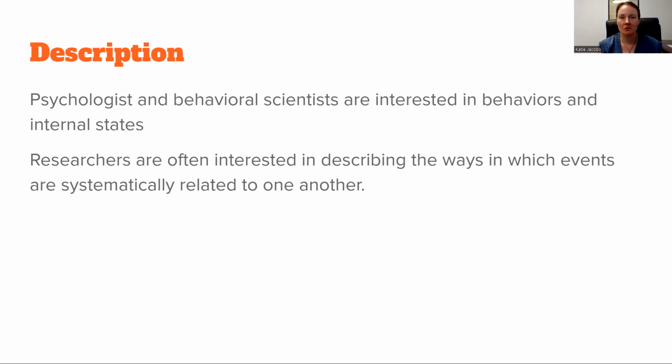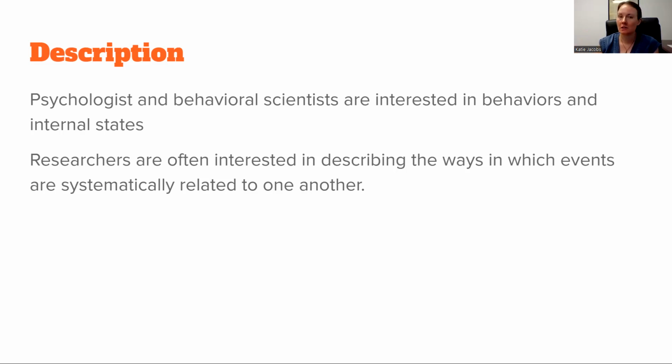So if you remember from your statistics class, we learned about correlation. Most people learned about a Pearson product moment correlation, where we're looking at two variables and seeing if they're related. So if we wanted to see if there's a relationship between someone's level of depression and how much they sleep, we could give them a measure that gauges the severity of their depression, gives us a number on that. And then we could see if there's a relationship between that and the amount of sleep somebody has. So how many hours, right? And then we see if they're related. However, with description,